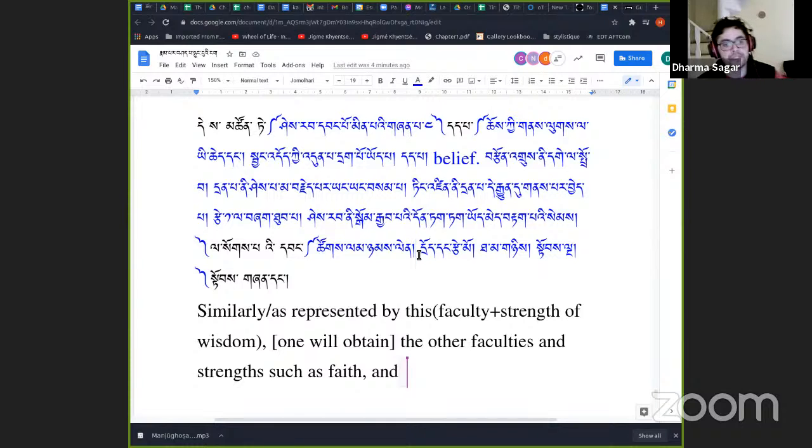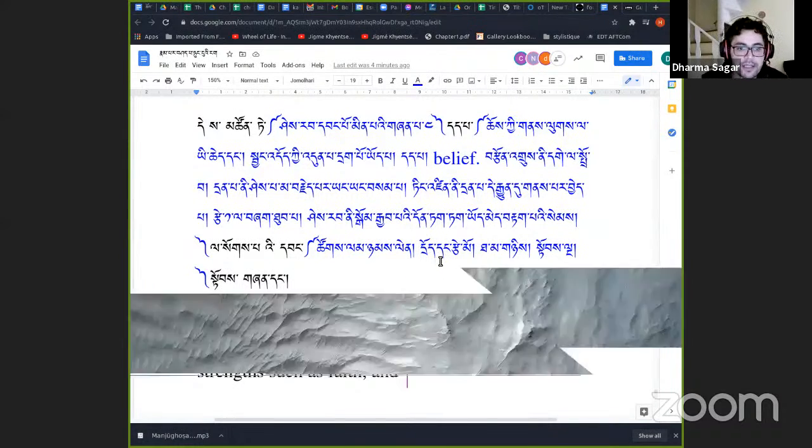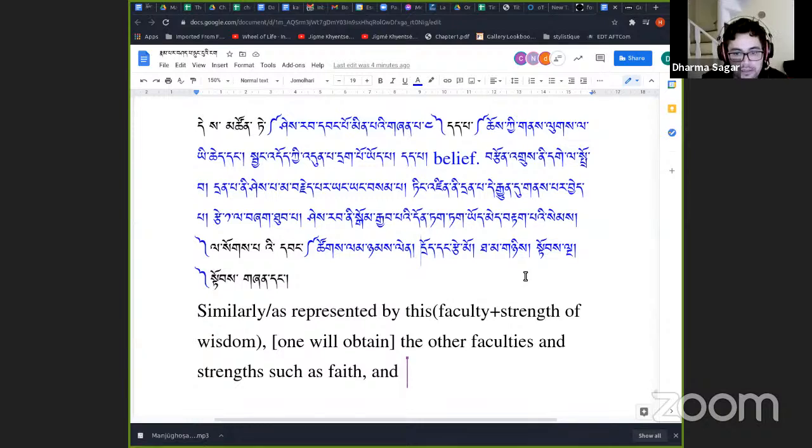And after that, after the path of accumulation, we have the path of application, which has 4 subdivisions: the heat and the peak, and then bearing and supreme phenomena. And so on the first 2 ones, so the first 2 parts of...